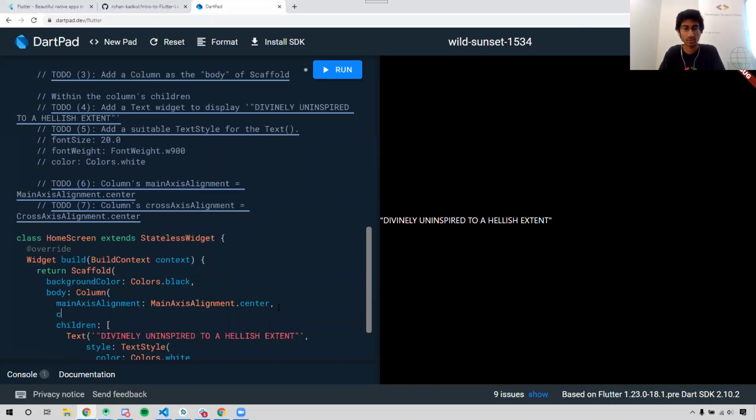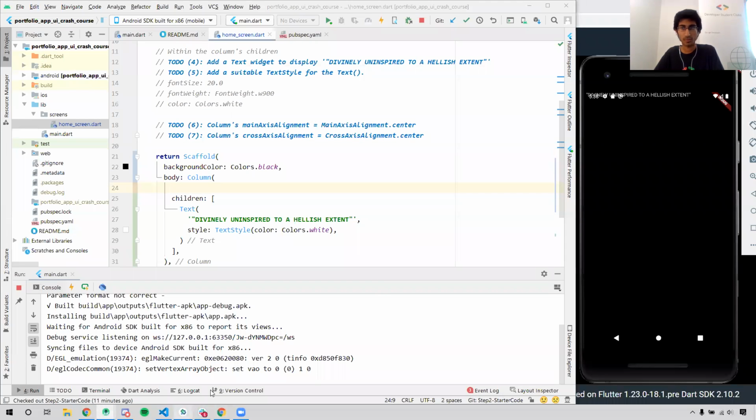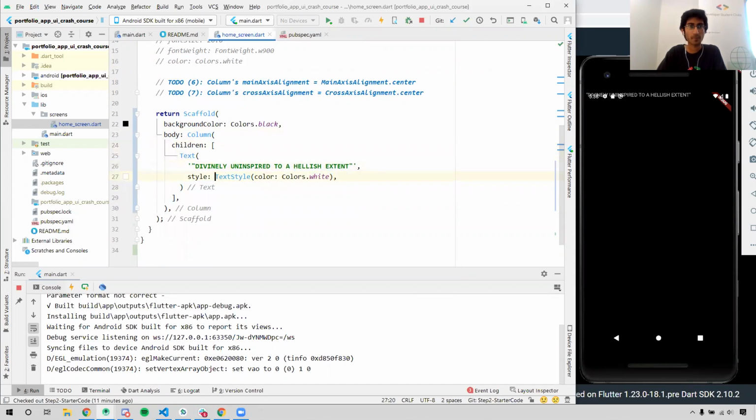So on DartPad, let's see if it works. So be sure to put a comma, and now let's run it again, and it should center it. And if it doesn't, that's that. Now first let's style our text here. We need a font size of 20.0. So this is how you would specify font size in our app. Font size 20.0,